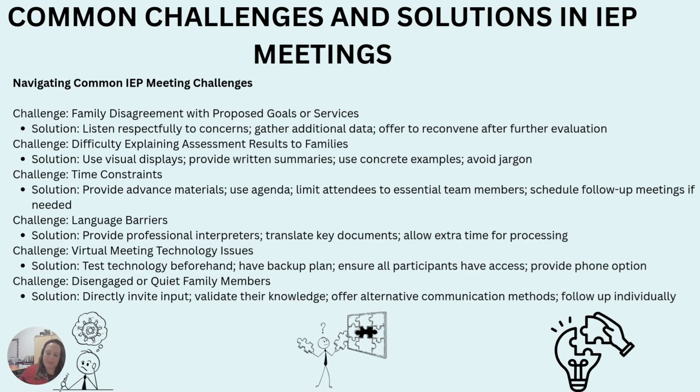When explaining assessment results proves difficult, use visual displays such as graphs and charts. Provide written summaries families can take home. Use concrete examples from classroom performance and consistently avoid educational jargon. Address time constraints by providing advance materials so less meeting time is spent on explanation, using a clear agenda to keep discussion focused, limiting attendees to essential team members, and scheduling follow up meetings